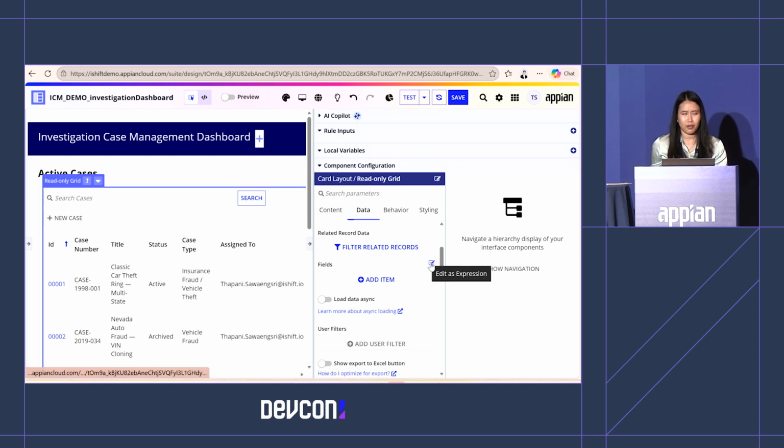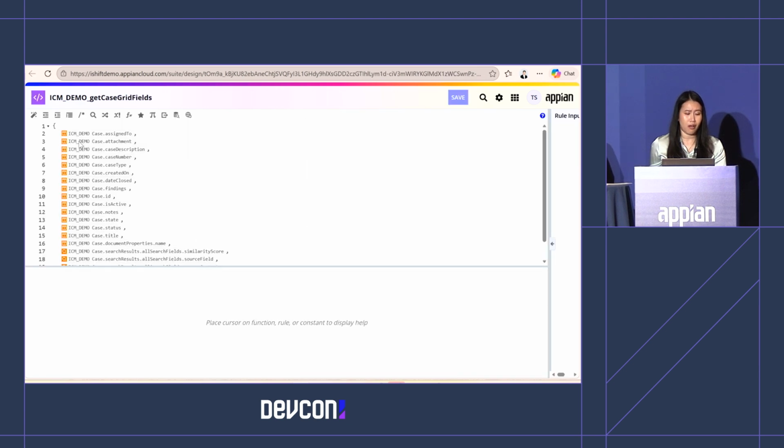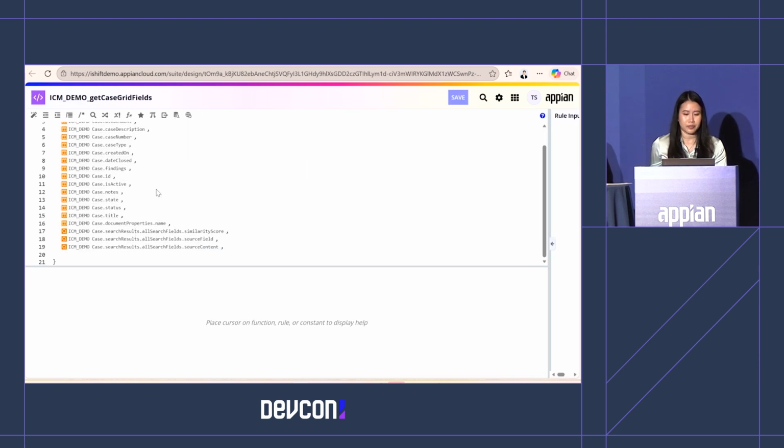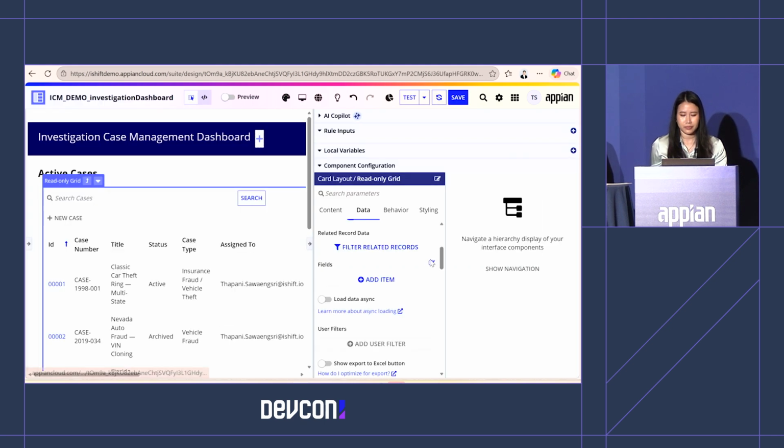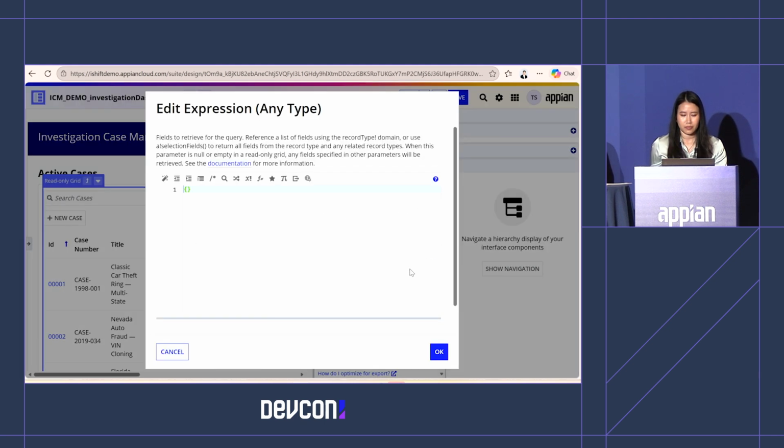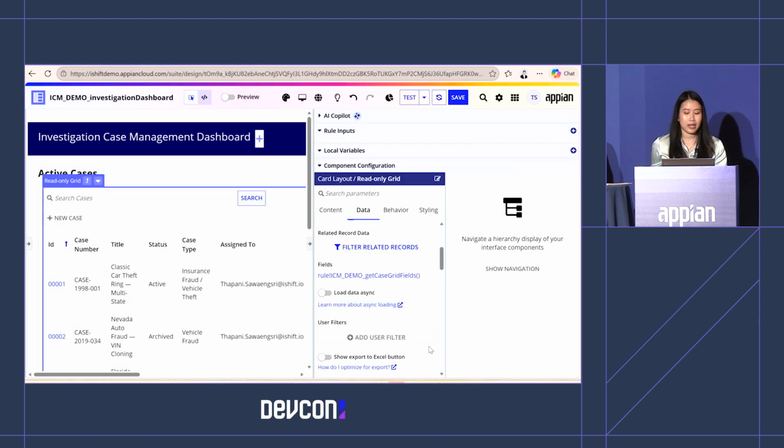And there are a lot of fields from the previous record, so I did create a rule, and the rule is just calling all these fields. All right, so we passed in the grid fields, and now we're going to configure the